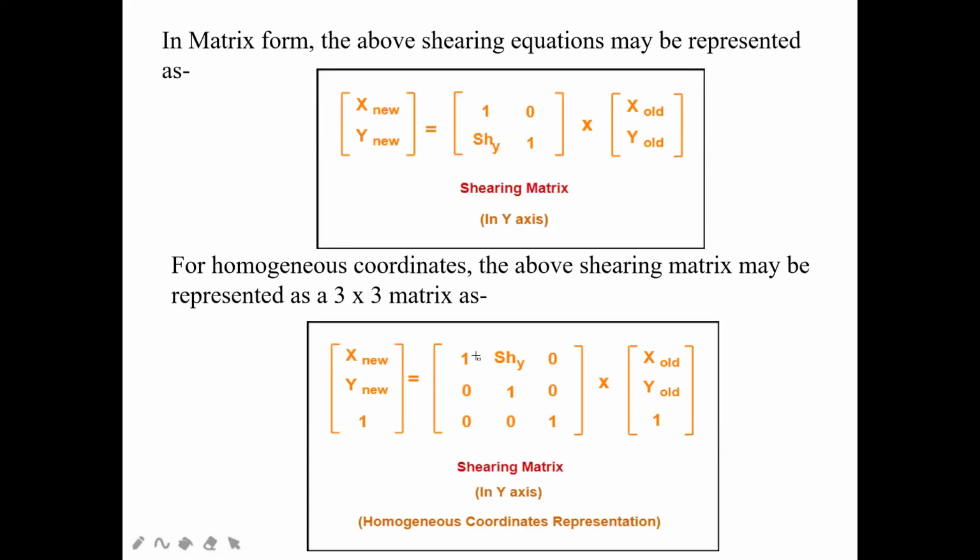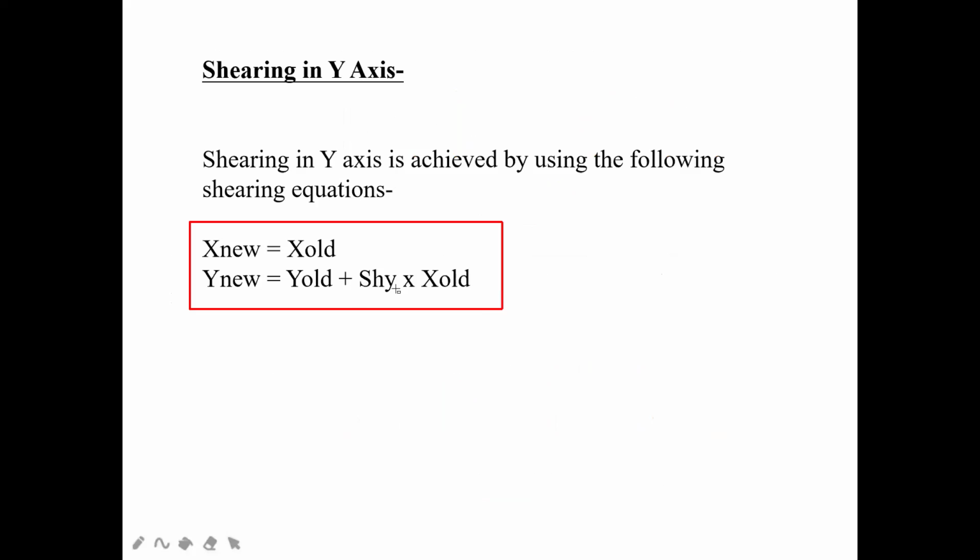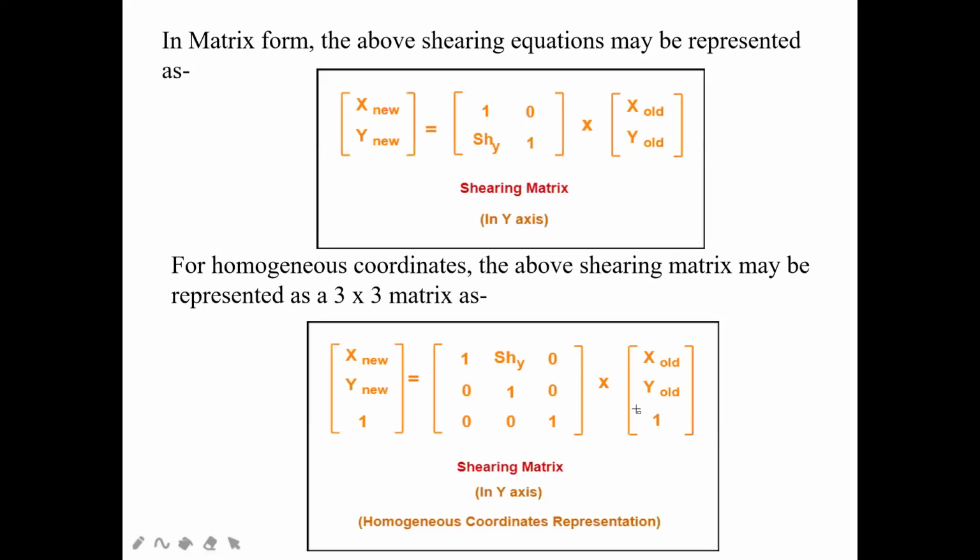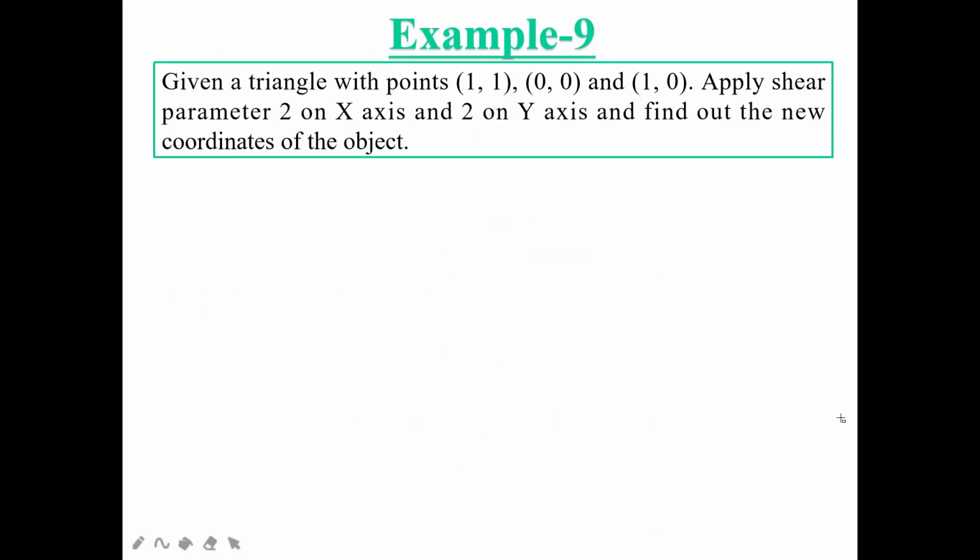You can remember in this way: first you write everything as 1, but you can see shearing y is multiplying with your x old value, right? Here in the previous you can see shearing y is multiplying with x old. So if I keep it here, then I can get that answer, right? So here I'm keeping shy and here x old, then everything else will be identical, diagonal will be 1. Then you can see here z axis 1. So this is a matrix form of your homogeneous coordinate system. Okay, it is very easy to remember. It's not difficult that you can't remember.